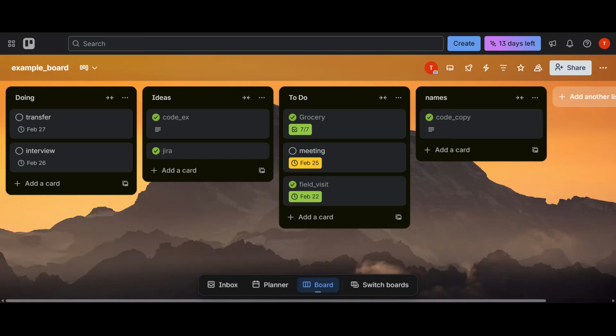In today's video, I'm going to show you exactly how to restore archived lists on Trello quickly and easily. If you've ever archived a list by accident or cleaned up your board and later realized you still need that list, don't worry, Trello keeps it stored safely, and you can bring it back in just a few clicks. I'll walk you through the entire process step by step so you can restore your archived lists without losing any